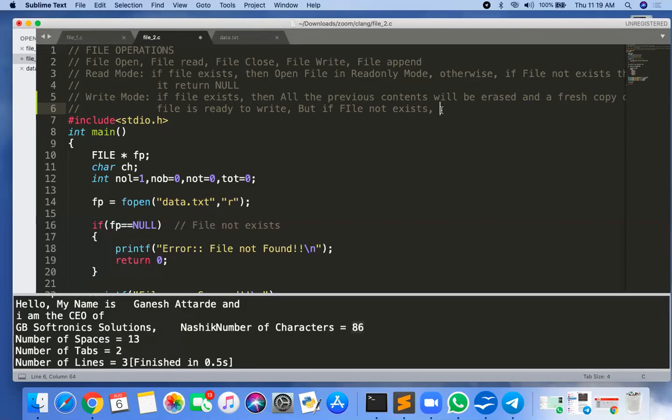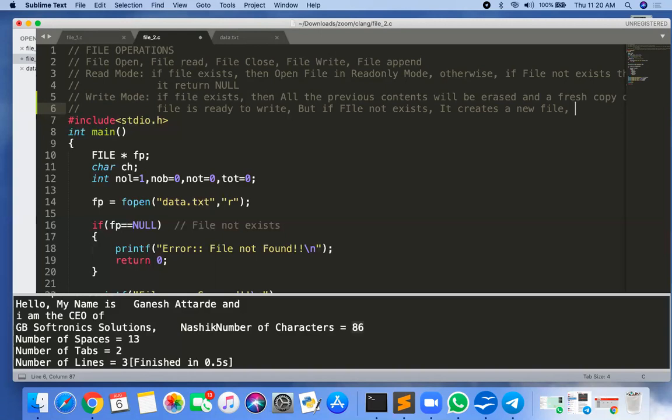Will it return null? No, it is not returning a null. It creates a new file with the given name. Whatever name is given, data1.txt, if that file does not exist, it creates a new file, and now in that file you can write your data. Getting?